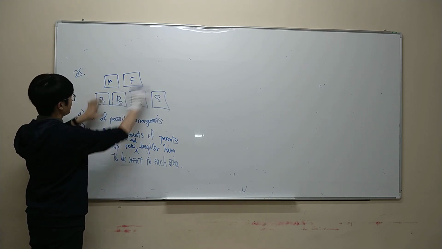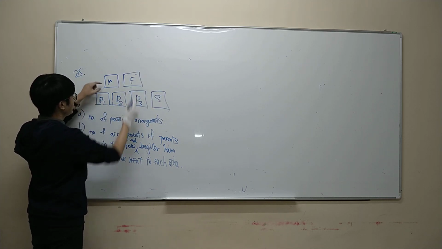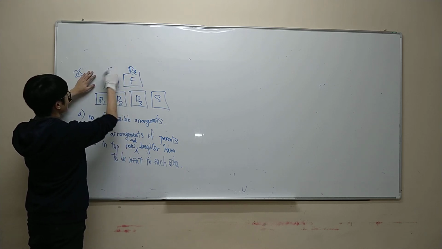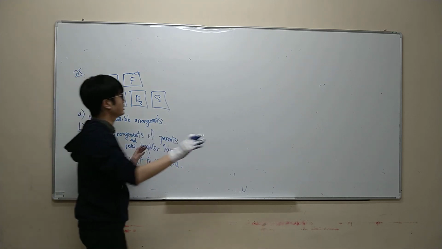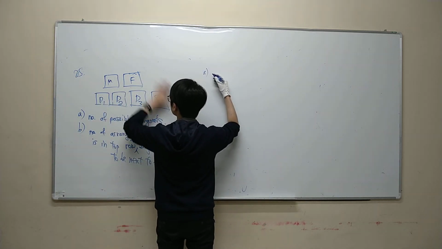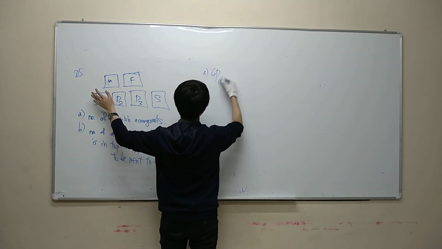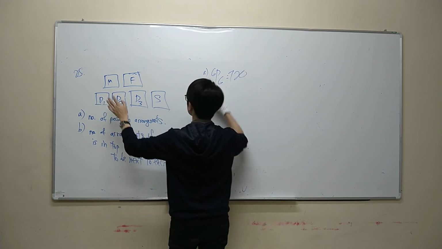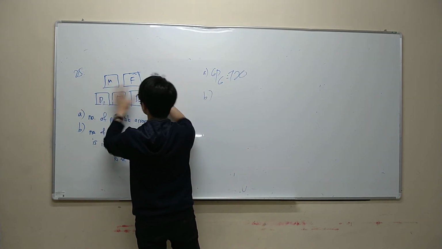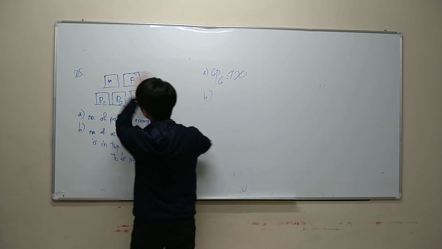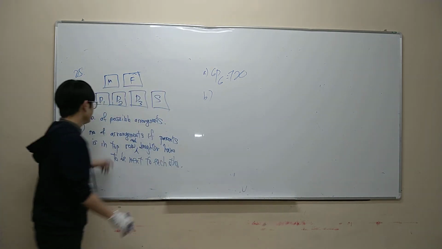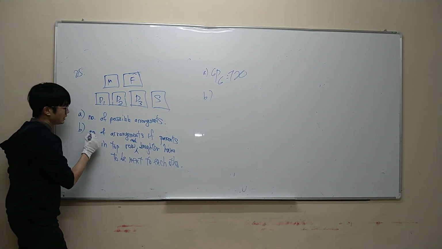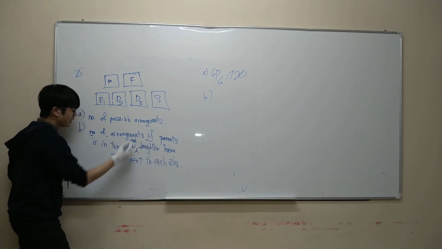Daughters can be separate also. It can be daughter on top also. Like daughter here, daughter 3 here, son can also. It means any way is fine. Like no restriction. So no restriction means 6 factorial or 6P6, 720, right? Because there are 6 and you can arrange these 6 into 6 different places however you want. No restriction. But for B, there's a restriction because they say find the number of arrangements if the parents have